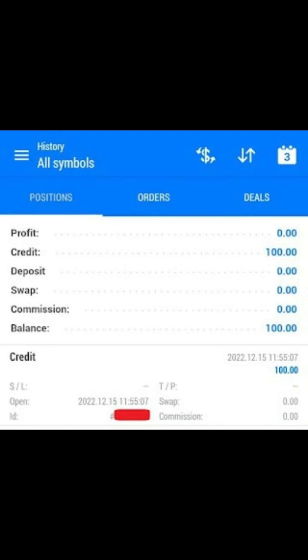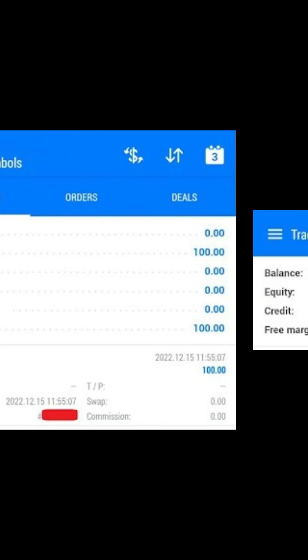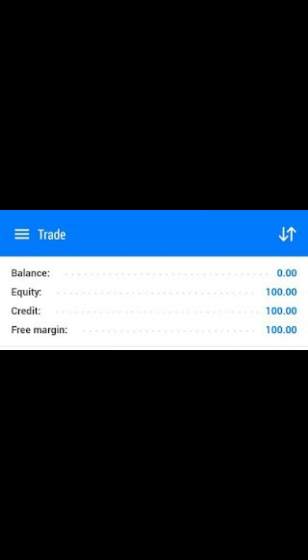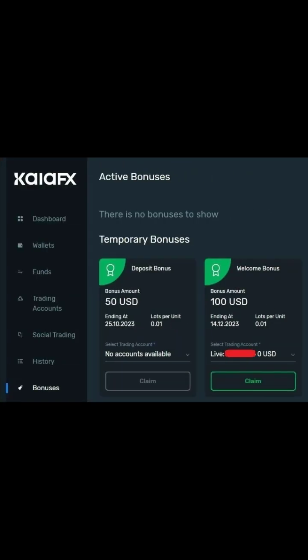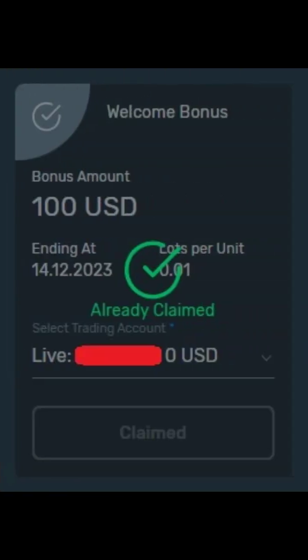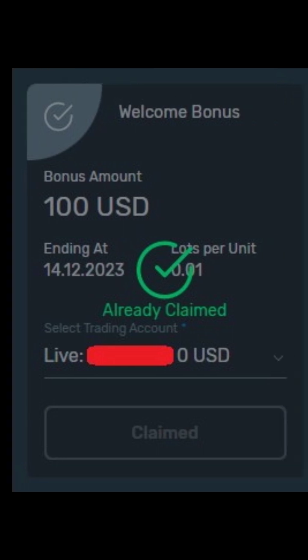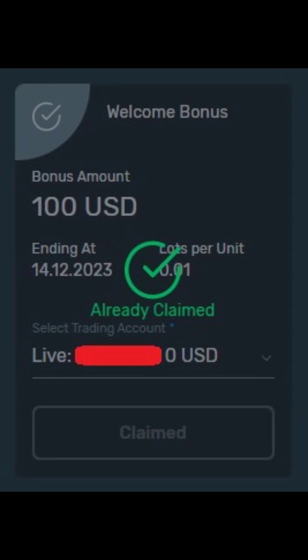This is a $100 no deposit bonus given by the broker. You can see it on a screenshot here on MT5. You can see it right here on the broker. It's a bonus, and as you can see, it's credited right here. And I'm going to show you exactly how I have received this